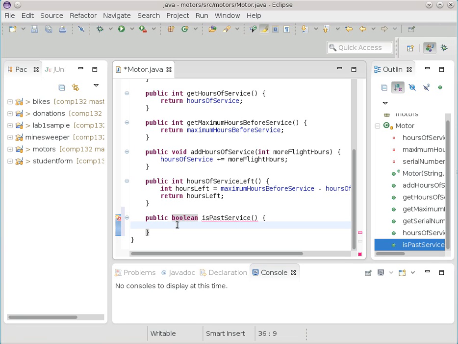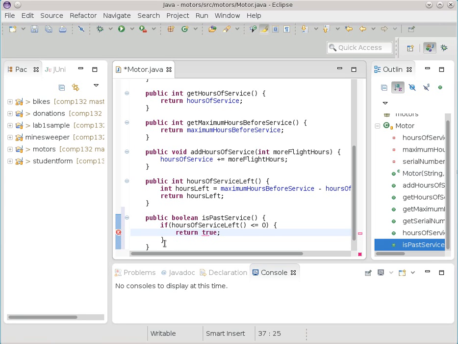If hours left is greater than 0. It's negative, it's less than 0. So here's one where we can make use of something we already had. If hours of service left is less than or equal to 0, then